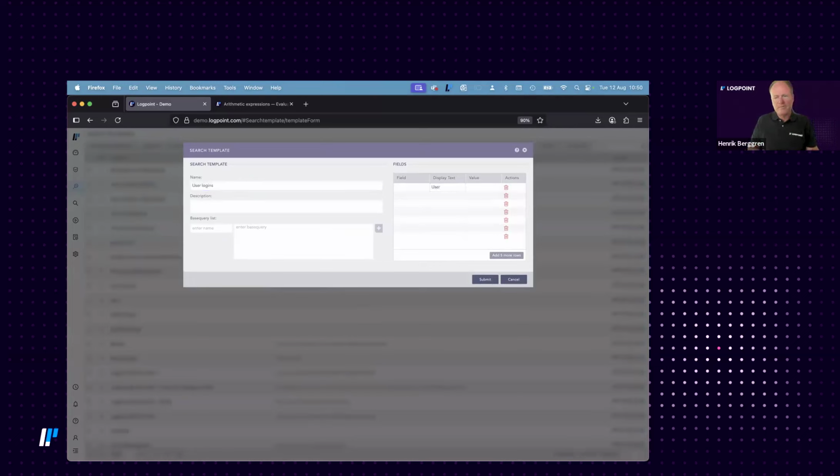And my base query, I call it user info, would be user equals two curly brackets, and user, that will be this field here, and then two curly brackets again. So this is a super simple one, right? I just submit this,